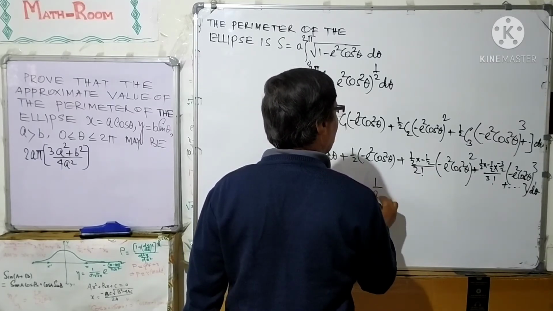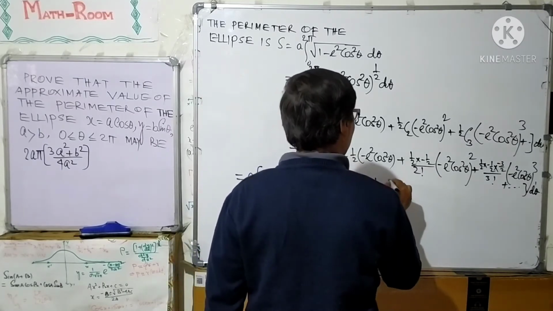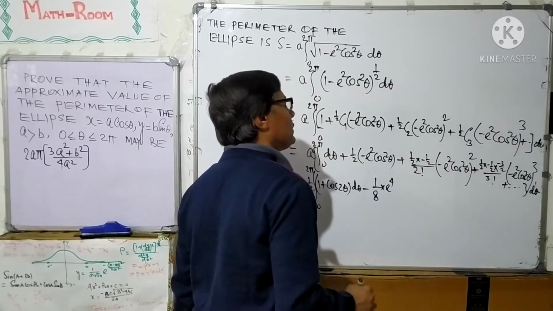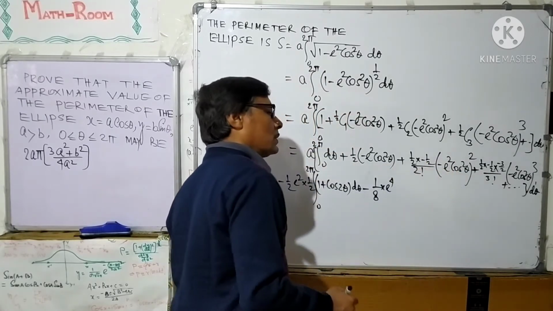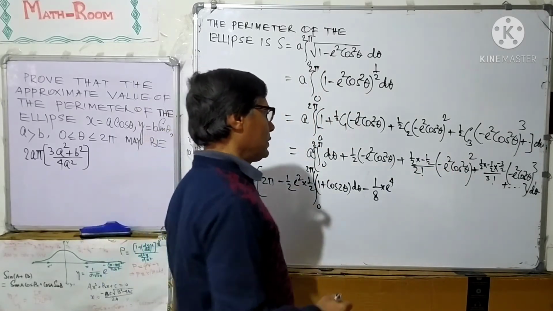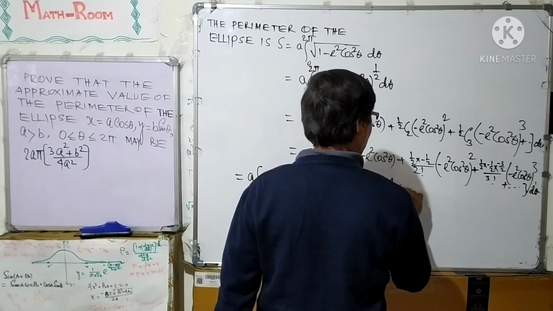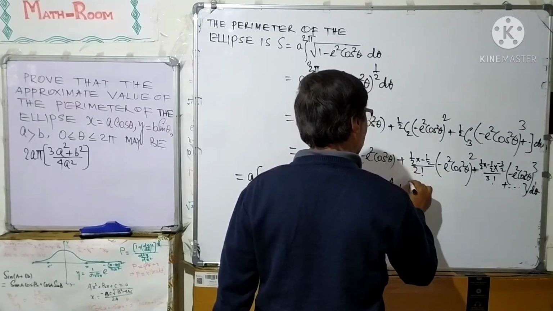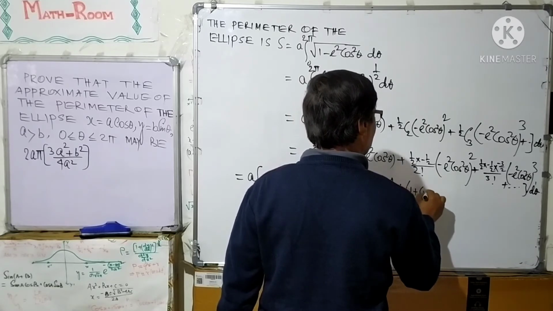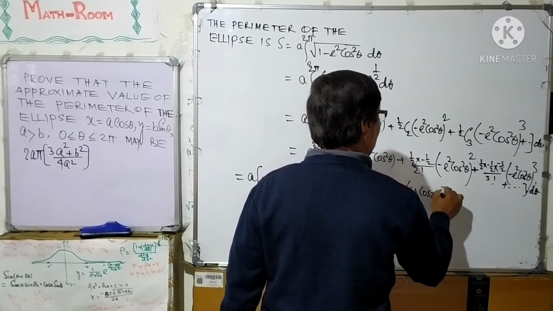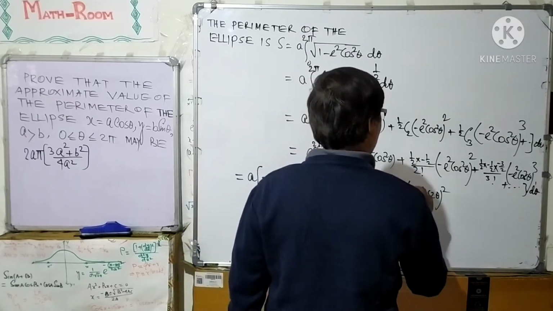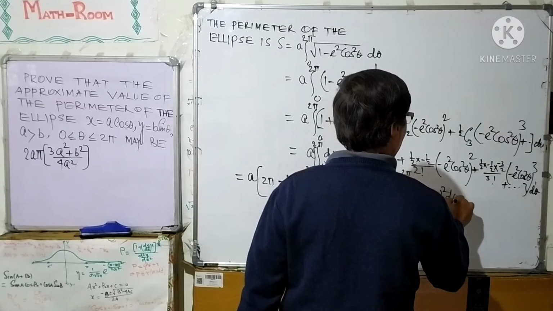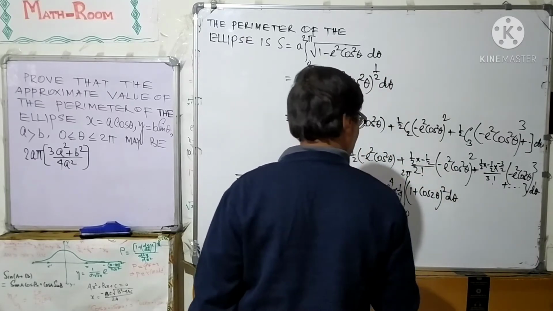1 over 8 into e to the power 4 cos square theta can be written as half into 2 cos square theta, that is 1/4 into 2 cos square theta is also 1 plus cos 2 theta whole square. This is integration 0 to 2 pi d theta,